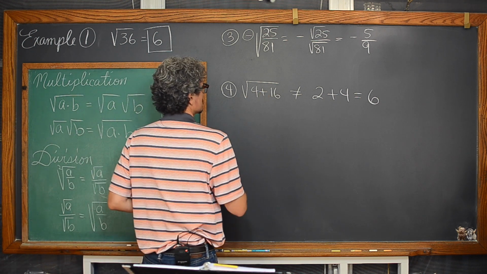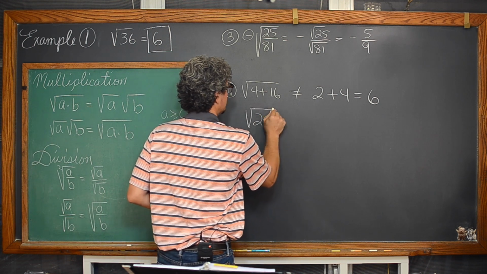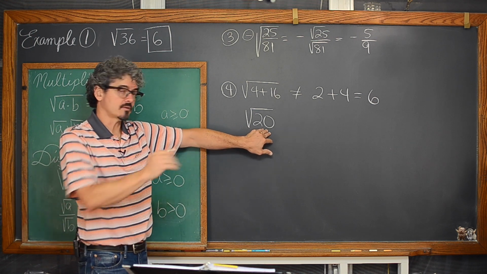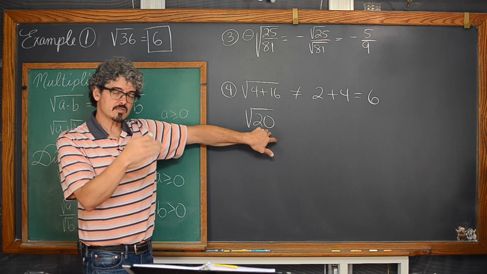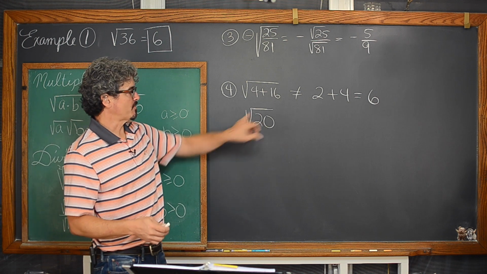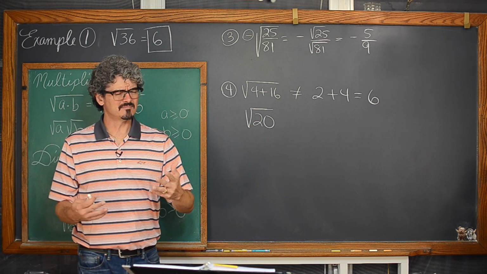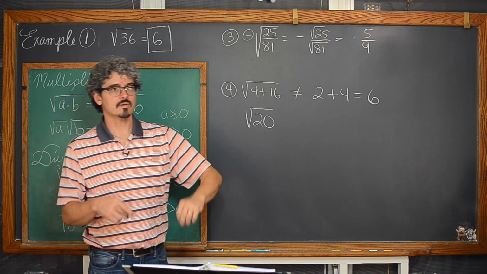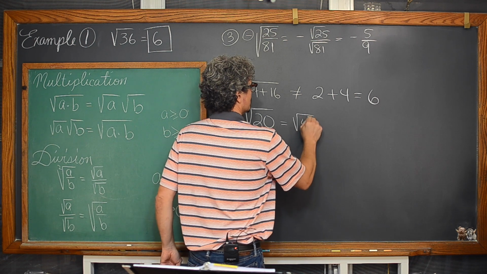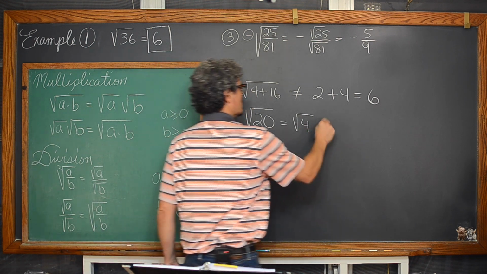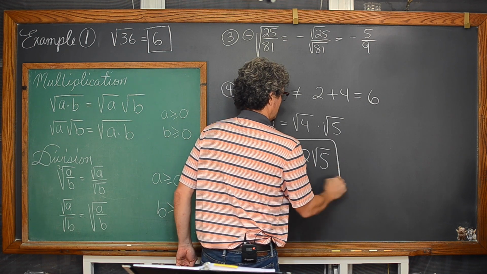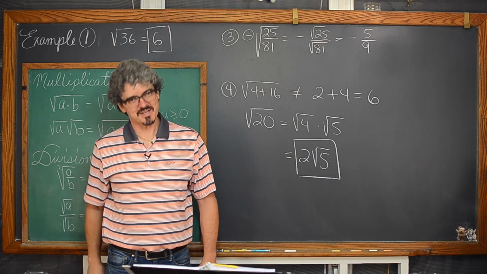So the square root of 4 plus the square root of 16 is the square root of 20. And that is going to be the final answer in exact form, not just putting it into our calculator and rounding off a decimal, unless we can simplify it, unless we can make the number inside the square root smaller. And the only way we can do that is if there's a perfect square which is a factor of 20. 2 squared is 4, 3 squared is 9, and so on. But 4 is a factor of 20, so we have the square root of 4 times the square root of 5, which gives us a final answer of 2 square root of 5. Example 5 coming up right now.